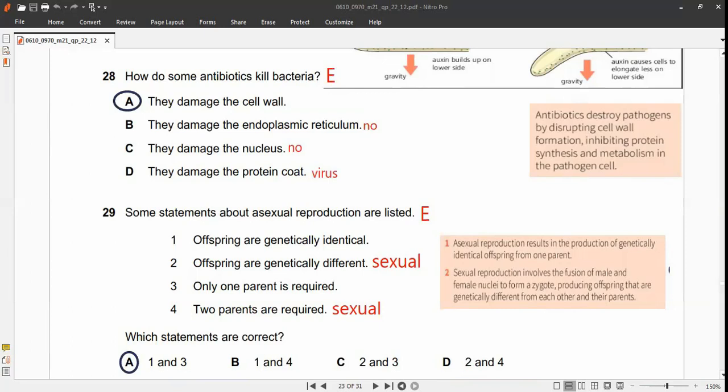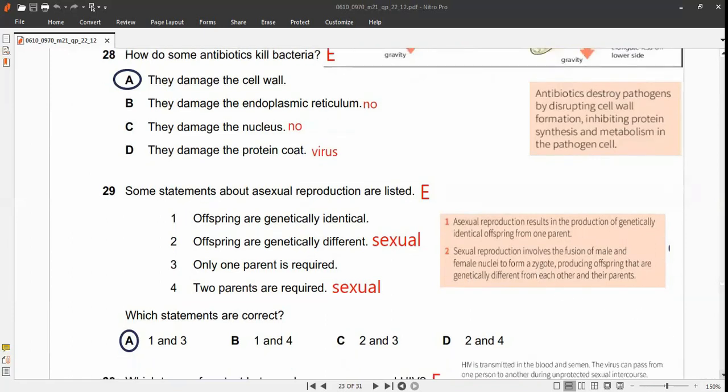Also, only one parent is required. But what about 2 and 4? 2 and 4 are for sexual reproduction. Sexual reproduction involves the fusion of male and female nuclei to form a zygote, producing offspring that are genetically different from each other and their parents. So the correct